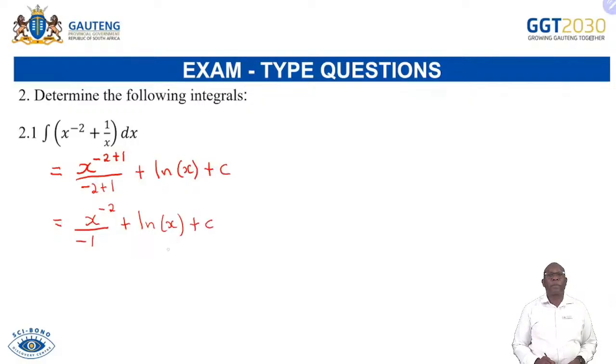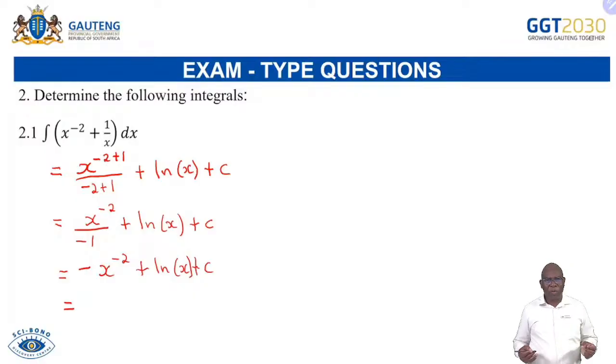plus c. Okay. So in this case, as I said, I don't think the examiners will be very fussy about it, but let's write the correct maths. So what will be our correct maths? The correct maths will be negative x to the power minus 2 plus ln x plus c. Okay, right? But I know some of you might think, I don't want to start with a negative sign. So you can start with the ln of x, then minus x to the power minus 2. If you want